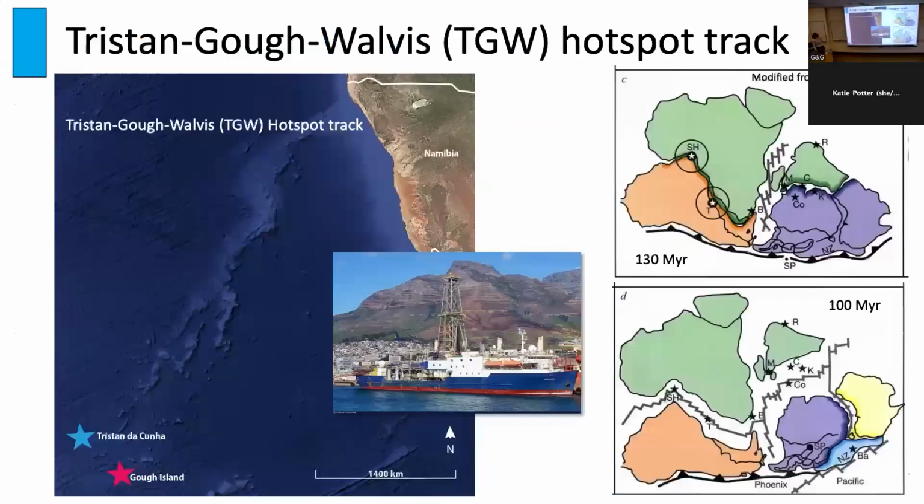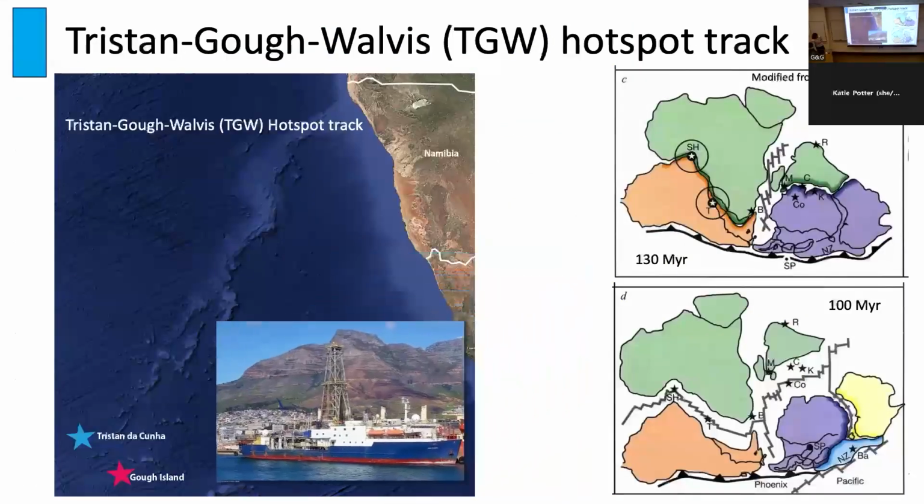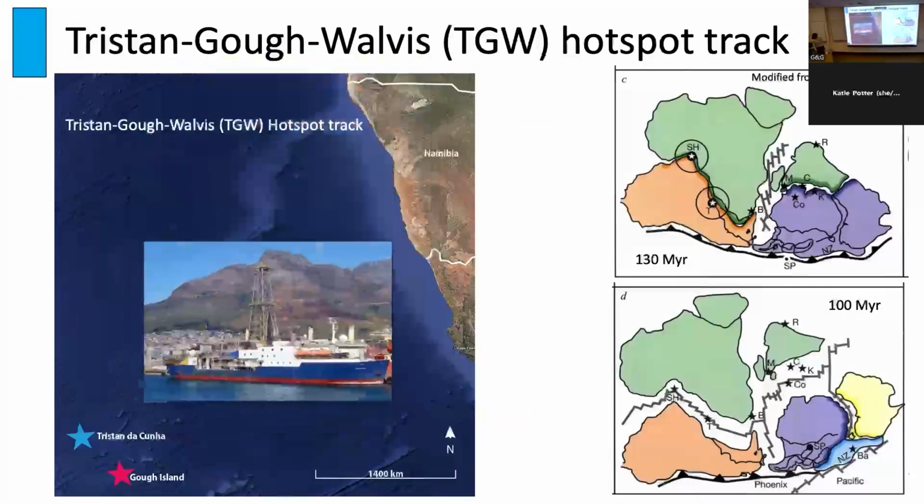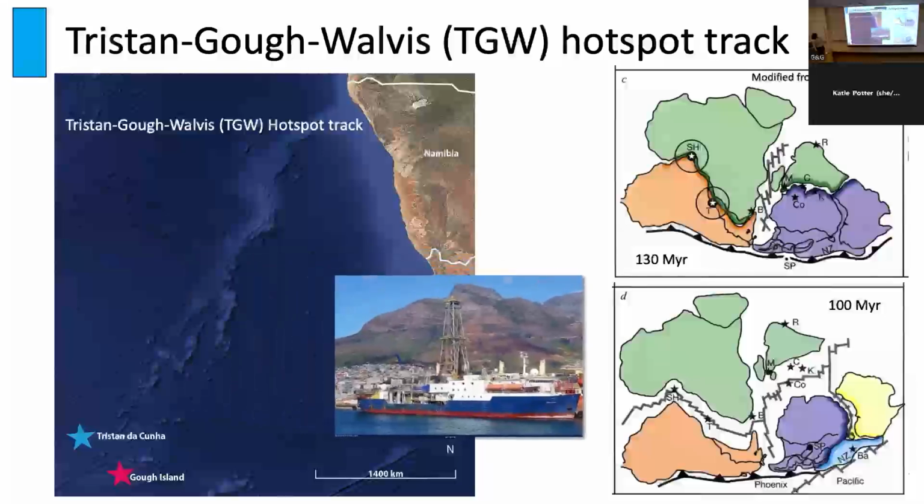Okay, now we're gonna jump on a ship, sail from Cape Town up the Walvis Ridge hotspot track and sample some locations that represent the breakup of Africa and South America in response to the impingement of the Tristan plume on these continental crustal settings. This plume is really weird. This hotspot track, I should say, is really different than some of the other hotspot tracks that we see represented on the seafloor,